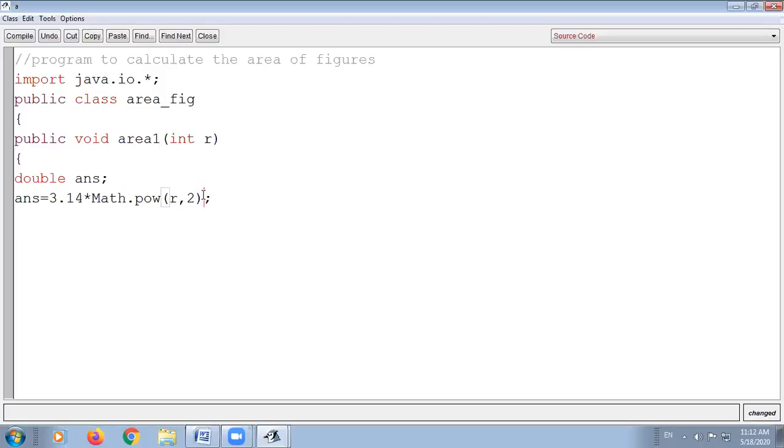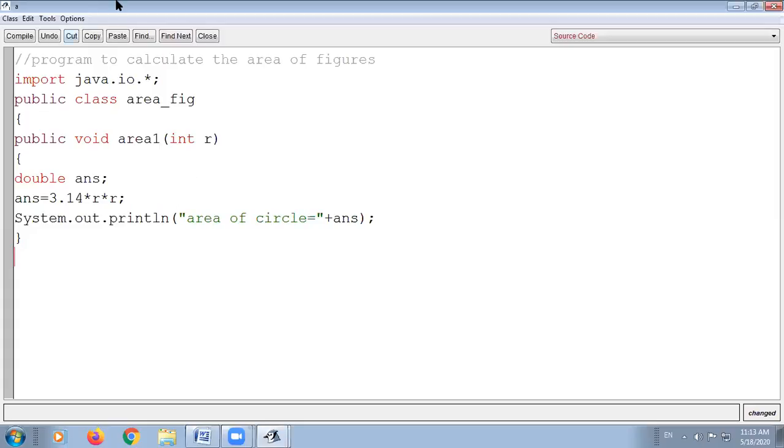So in this way you can make your Java statements for the formulas that are given. Okay, because they will give you in mathematical form, you have to convert it into Java statements. So you can also use this. But for the simplicity of this program, I am writing r square as r into r. Okay. So this is r square. Now what you have to do? You have to display simply the area of circle with some message. So System.out.println("Area of circle is = " + ans), whatever the value of ans you will display on the screen. Okay. Put a semicolon. Now this is the first function that you have created.